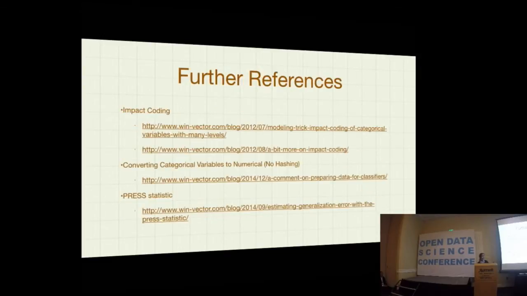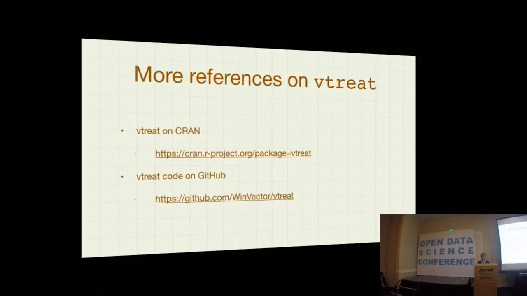We have in the slide deck some further references on some of the things that we talked about: the impact coding, the issue of hashing versus impact coding, and some of the statistical significance and goodness of fit estimates that we use to estimate the significance of variables. The V-tree package is on-prem, and there's also a slightly more beta version on GitHub. Again, we encourage you to take a look at it and either use it if it suits you, or borrow from it if it gives you inspiration for data treatment